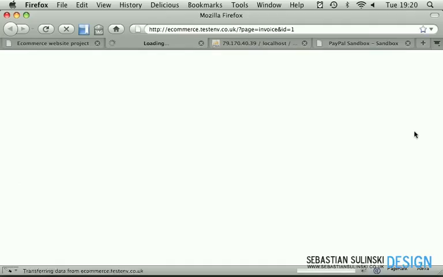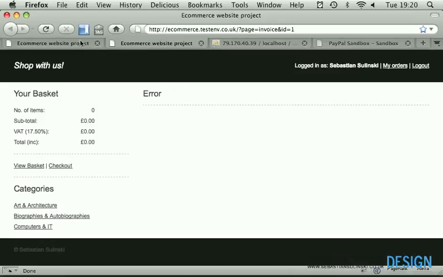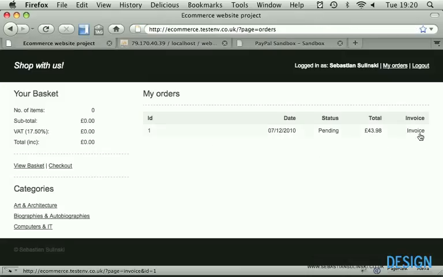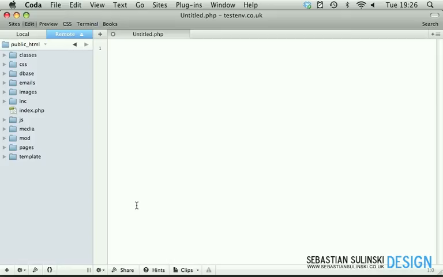If we click now on this invoice, obviously we get the error page, but we still have the other one open. It opened in a new tab because we used target blank. So let's move to the next video and create our invoice page. Okay, let's create the invoice page now. Open pages folder, create a new file called